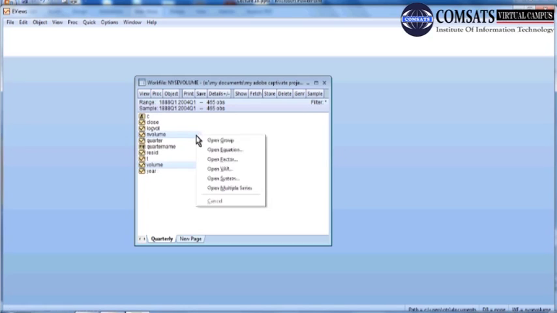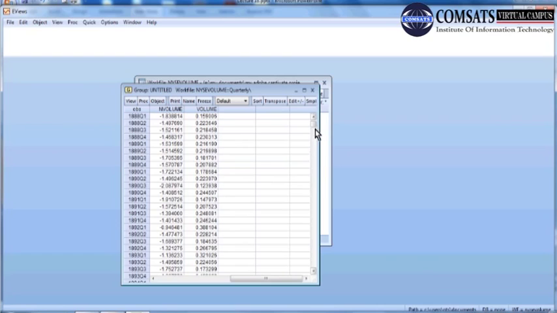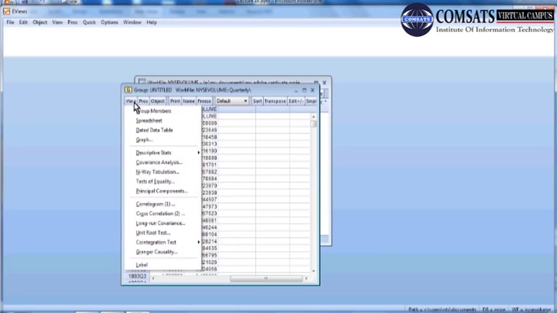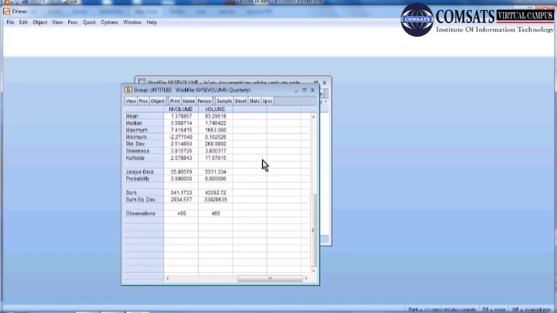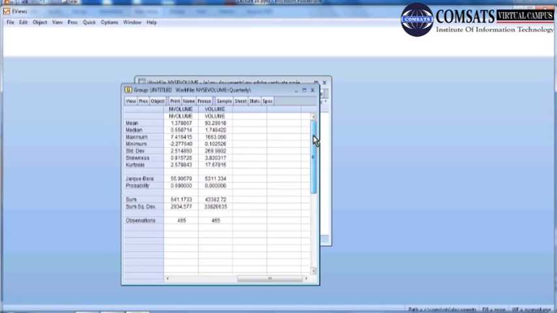Let us now compare these two. If I open them, you can see how the new variable volume is different from the old variable volume. New volume is in fact the log value of the original variable volume. Now, let's see what happens if we apply log transformation.